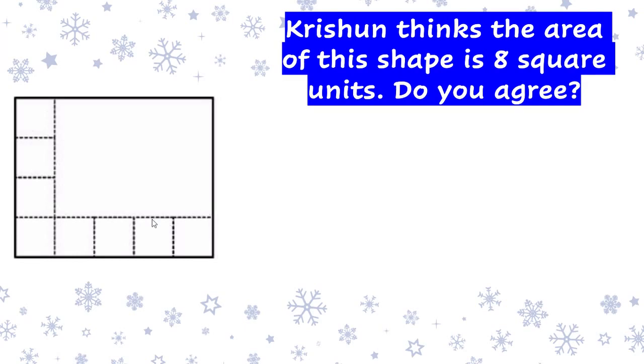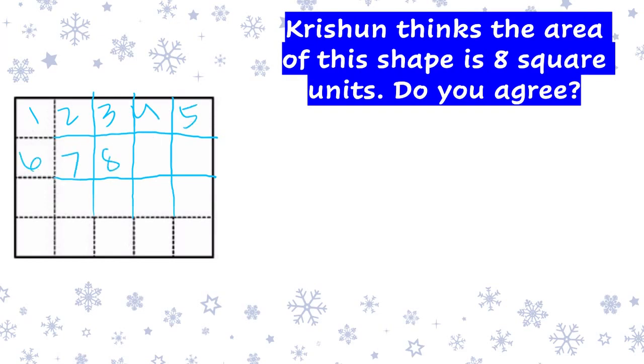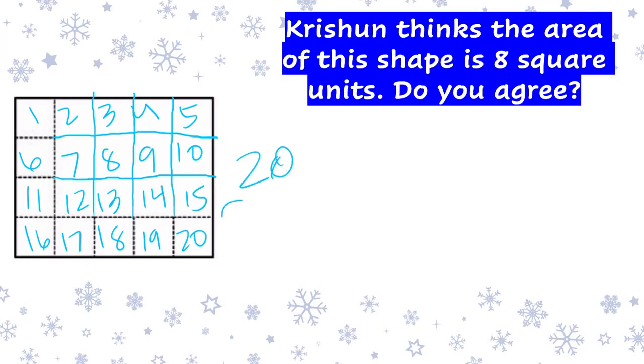So just like we did on the previous question, we can continue and we can draw the lines to see how many there are supposed to be. So I'm just going to continue drawing up in a straight line from that line, and I have to do the same thing going across. Okay, now that I have squares covering my entire shape, now it's okay for me to count to see what the area would be. 1, 2, 3, 4, 5, 6, 7, 8, 9, 10, 11, 12, 13, 14, 15, 16, 17, 18, 19, 20. So the area of this shape is actually 20 square